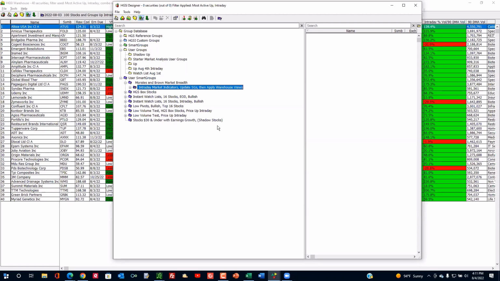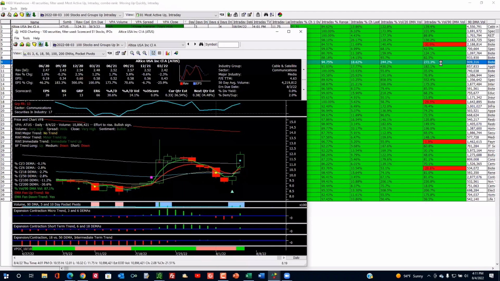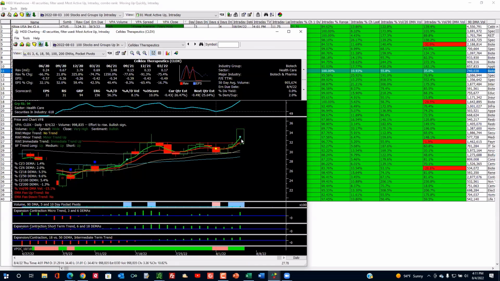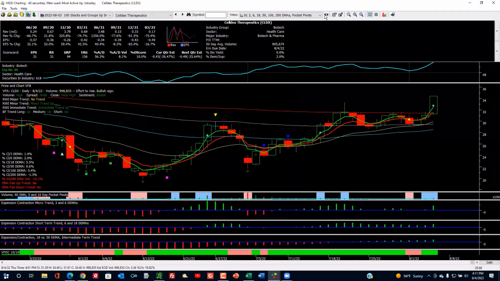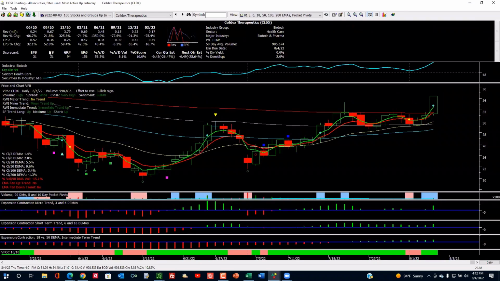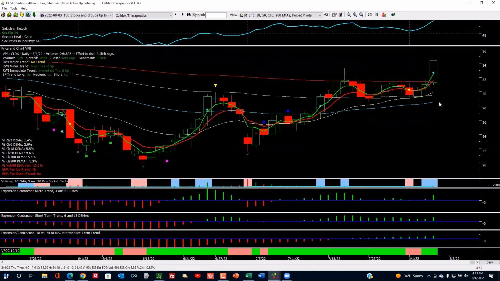Look at the chart, look at the individual bars. What are they telling you? What's this bar telling me here on Celldex? Let's make this full screen. Let's get rid of this. By the way, here are your GAAP earnings up here. All this is in here. What's this telling us? I just grabbed this chart, but I want to point out, it's telling us that the